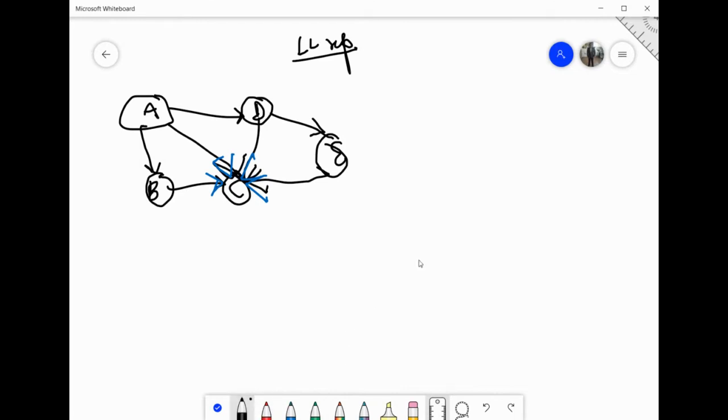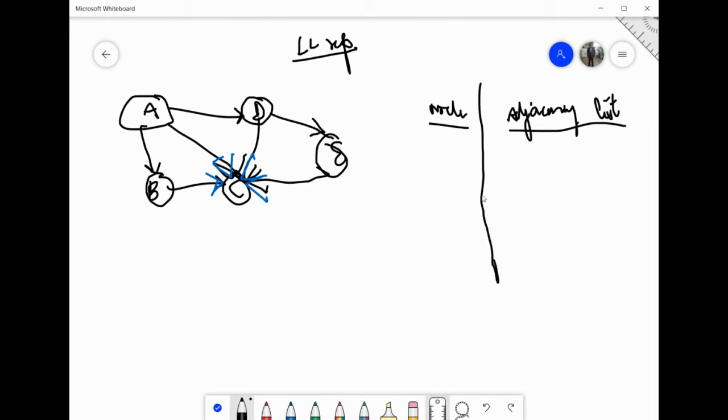So first thing is you have to make an adjacency list for every node. Okay, for every node you have to write what are its adjacent nodes. For example, the first node is A. So what are the adjacent nodes to A? Where all can we go from A? You should be very clear with adjacent now. What is the meaning of adjacent? If this is a directed graph, it simply means from A how many nodes I can visit. Whichever nodes I can visit will be the adjacent nodes of A. So how many adjacent nodes of A are there?